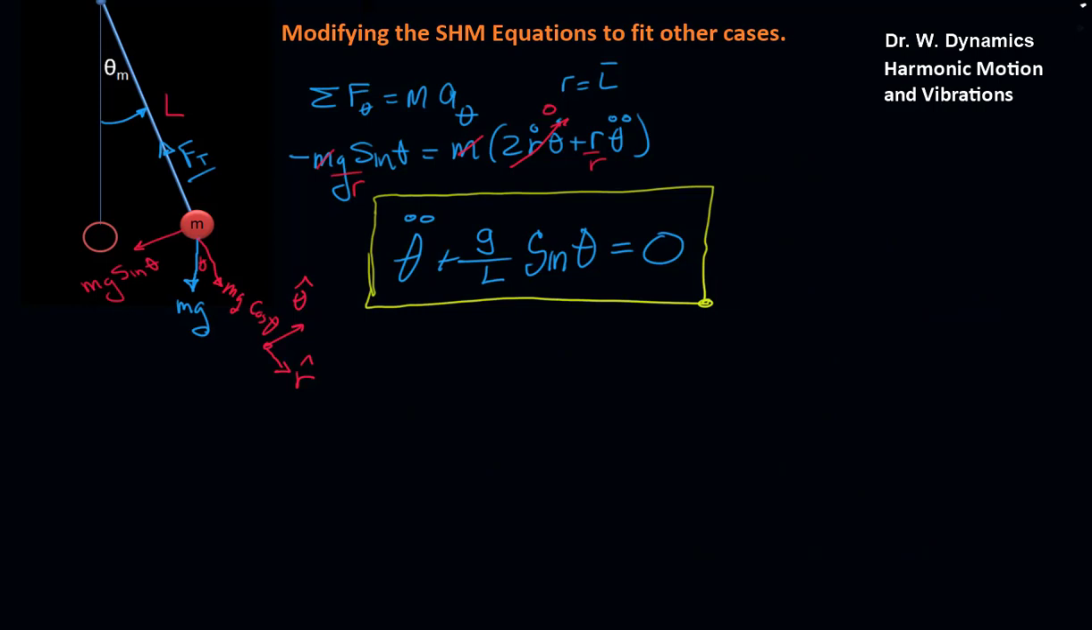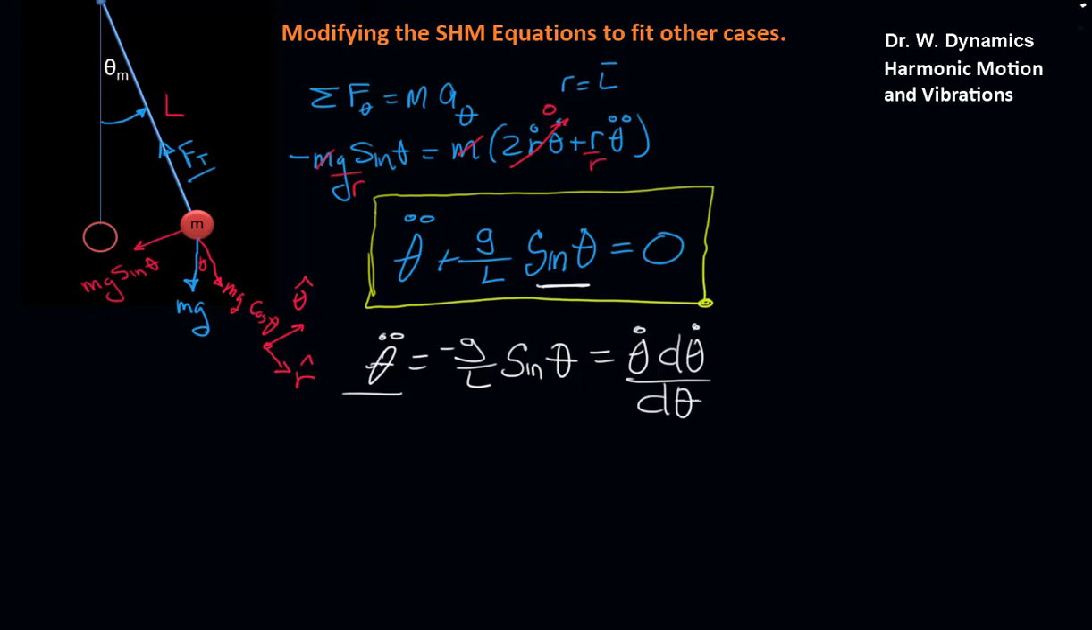Now you might ask, could I solve it in this form? And the answer is not easily. At best, we could rearrange this as theta double dot is minus G over L sine of theta, and recall that theta double dot is theta dot d theta dot d theta. If we bring the d theta up to here, we could integrate this,